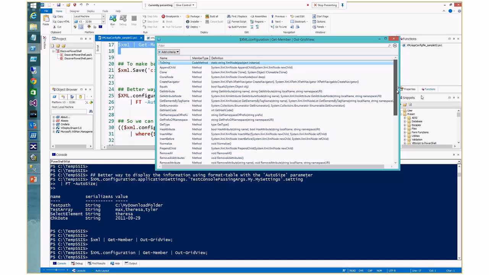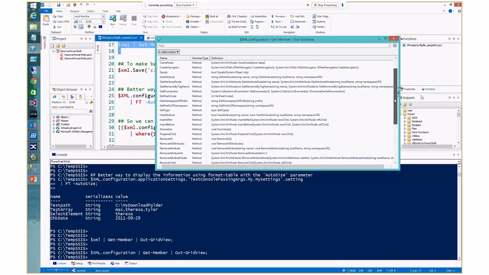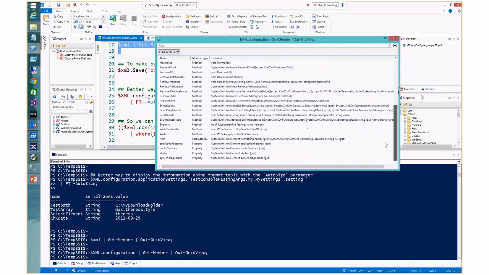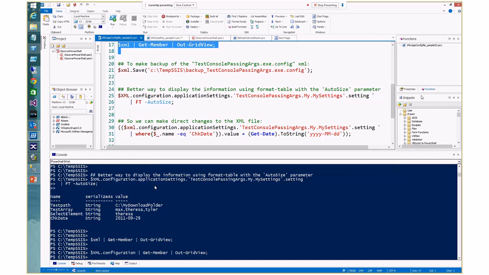Could be AD, could be SQL Server. That's why you have to explore your object to understand what you're doing there. And then here, you see this application settings, which is the next level I'm going to jump into to get to my data. Okay, and that's why the result, when I get to that data, then you get to this other piece in here,